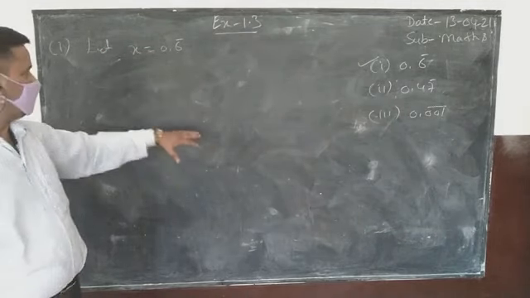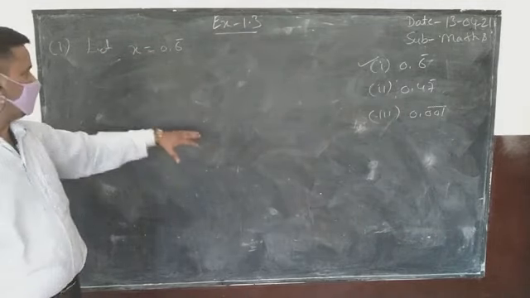According to this way, in any question, suppose there are 2 digits here, 2 digits here, 3 digits here, 2 digits here, you will multiply according to your problem. Count how many digits are without the bar, and how many digits have the bar. Then you will multiply according to the digits. Suppose 1 digit is without bar, then you multiply by 10. Suppose 2 digits are without bar, then you multiply by 100. Suppose 3 digits are without bar, then you multiply by 1000.